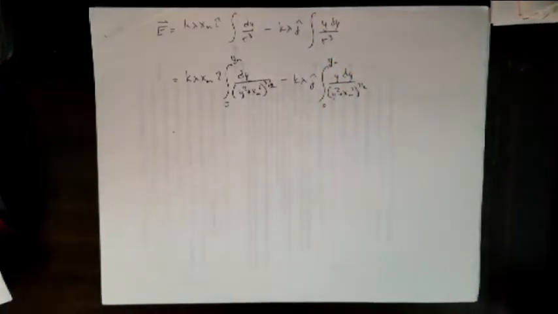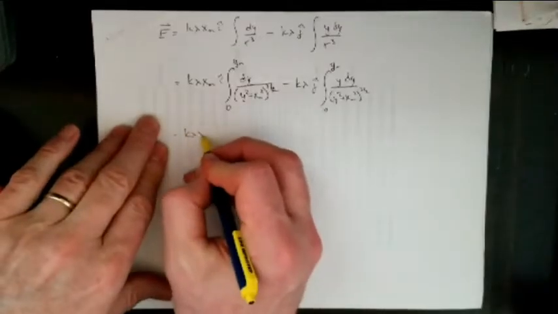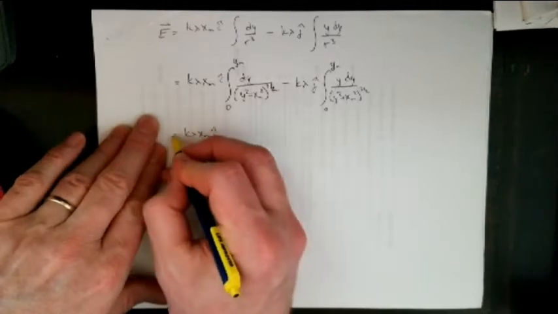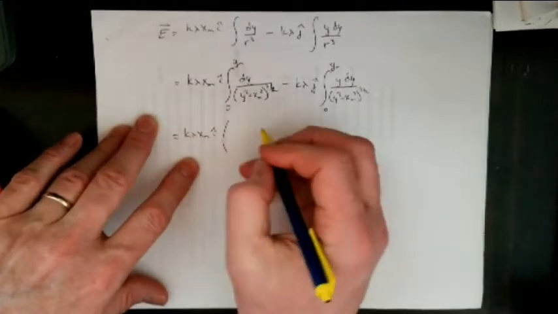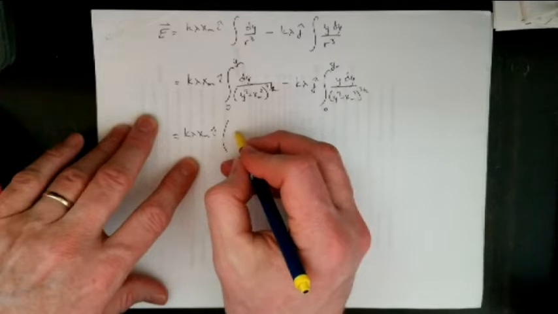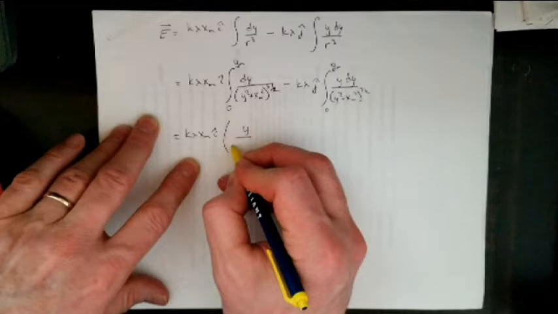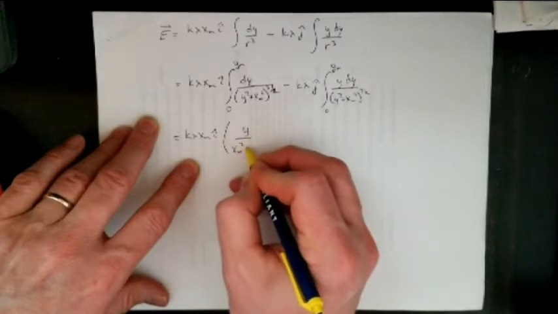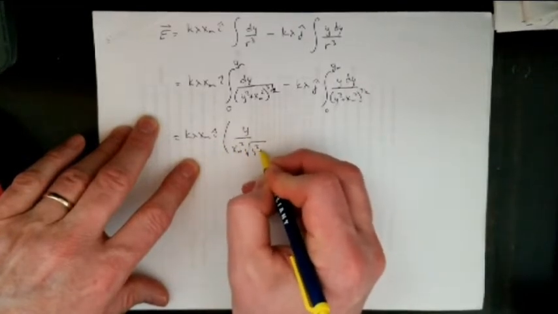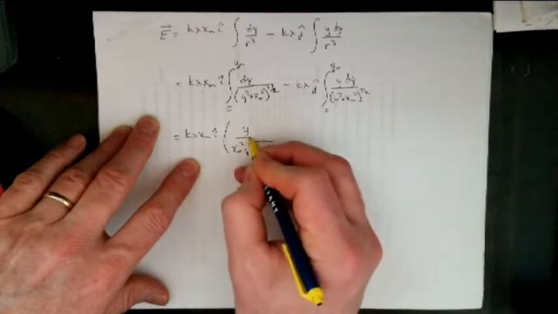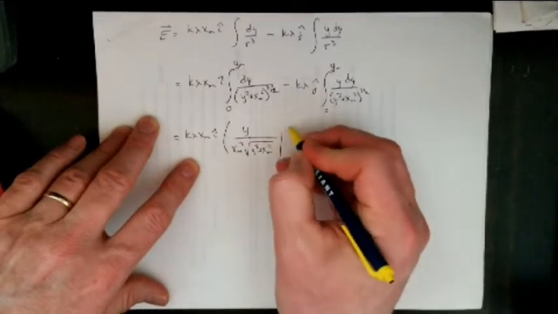Since y is my variable, this becomes k lambda x sub m i hat times y over x sub m squared, square root of y squared plus x sub m squared, from 0 to y sub m